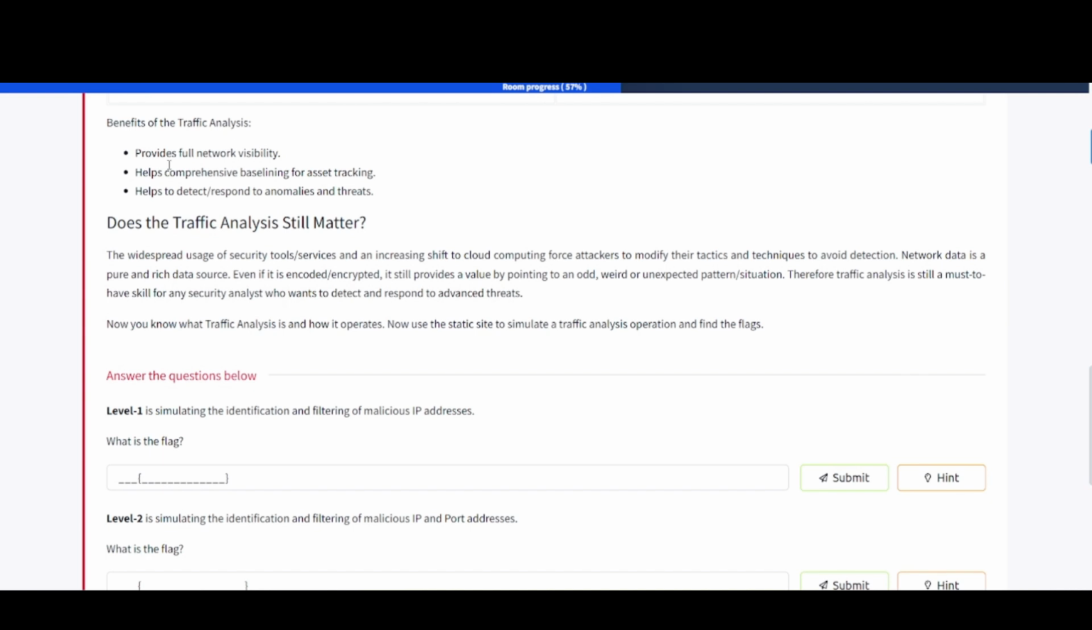Benefits of the traffic analysis: provides full network visibility, helps comprehensive baselining for asset tracking, helps to detect/respond to anomalies and threats. Does the traffic analysis still matter? The widespread uses of security tools/services and increasing shift to cloud computing force attackers to modify their tactics and techniques to avoid detection. Network data is a pure and rich data source, even if it is encoded or encrypted. It still provides a value by pointing to an odd, weird, or unexpected pattern/situation. Therefore, traffic analysis is still a must-have skill for any security analyst who wants to detect and respond